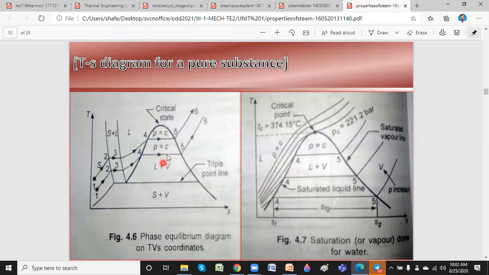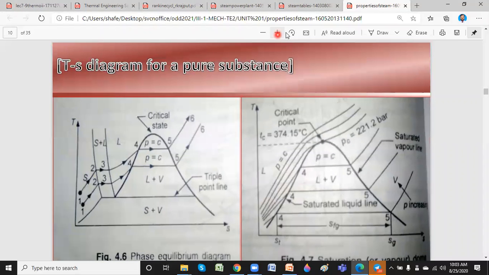Assume I am asking somewhere here in between. I can't find it out, because I must know what fraction of liquid and what fraction of vapor is available at that point. Then only can I find out the enthalpy. This is liquid, this is vapor, superheated vapor, and the region inside that curve is the liquid plus vapor region. Okay, able to understand now? So that is the same thing I explained here. Okay, now we go for the next one.